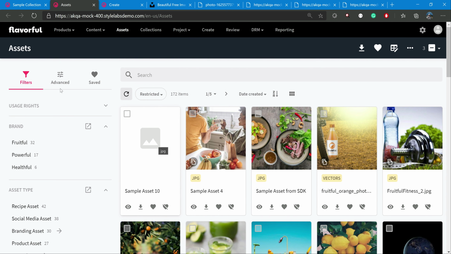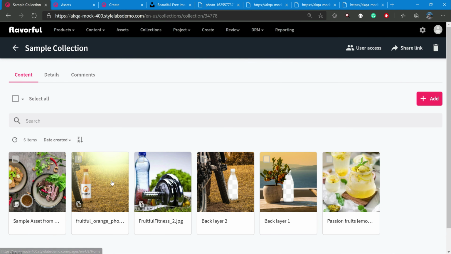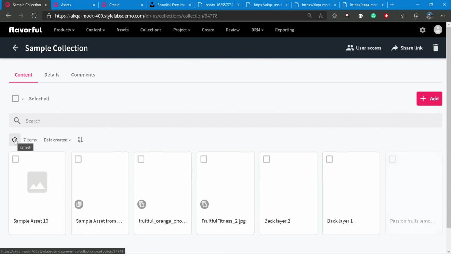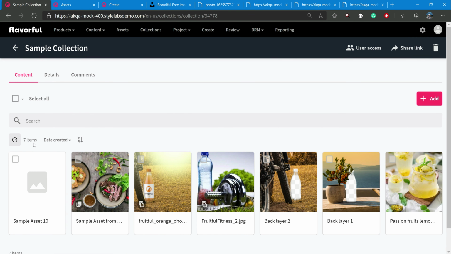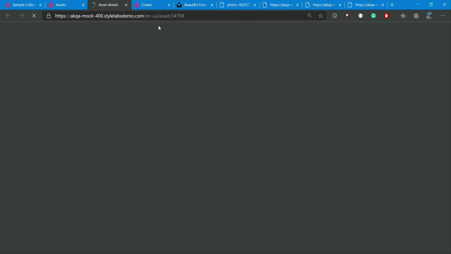Let's go and see whether this is part of a collection already or not. Currently we have 6 items, but let me refresh. You can notice here it has now become 7 items, and sample asset 10 is present. Leave aside the processing. The processing happens, and after that we will get the thumbnail and the images. But if you want to quickly check,